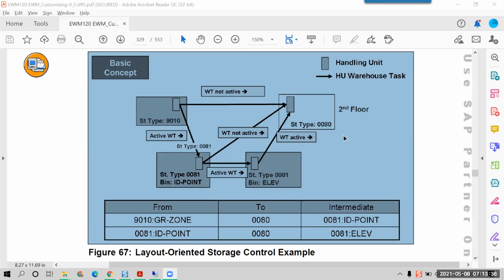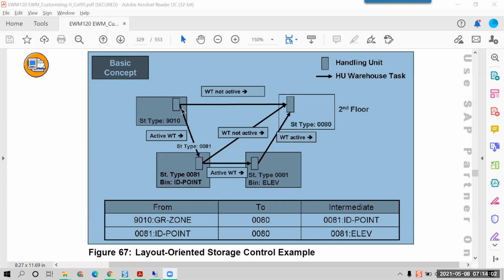So what was planned is, first, it will go through the ID point, and then to the elevator, because it is the first floor, we are going to keep it at the elevator, and then from the elevator it goes to the destination storage. So what is going to happen in the SAP system? You can see this is an HU warehouse task.